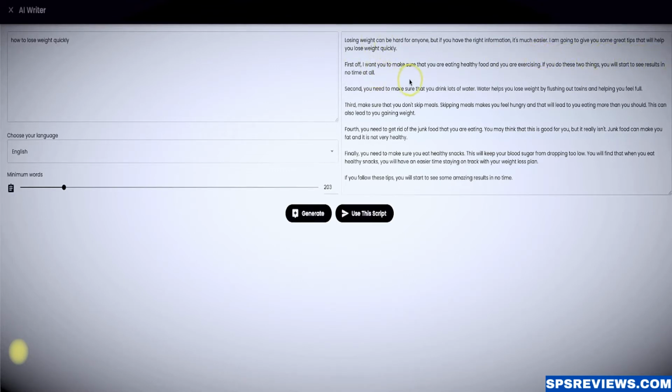Boom. So the first two lines right there, great content written perfectly. This is 100% true information. When I lost weight myself, that's the first two things that I had to do. Obviously, eat better and exercise. A lot of people do that, and then there's multiple things within these two things that you can do to lose weight. So I'm just going to stop reading there and use this